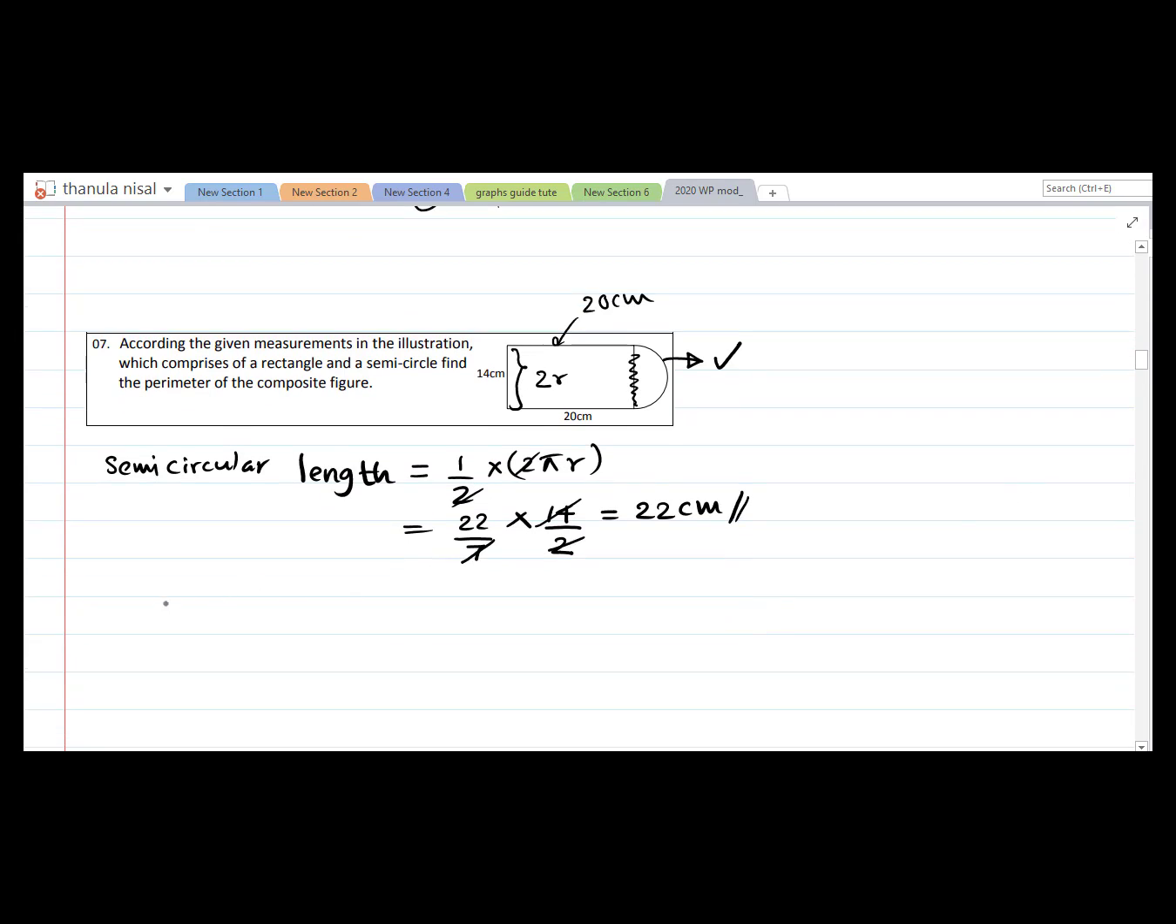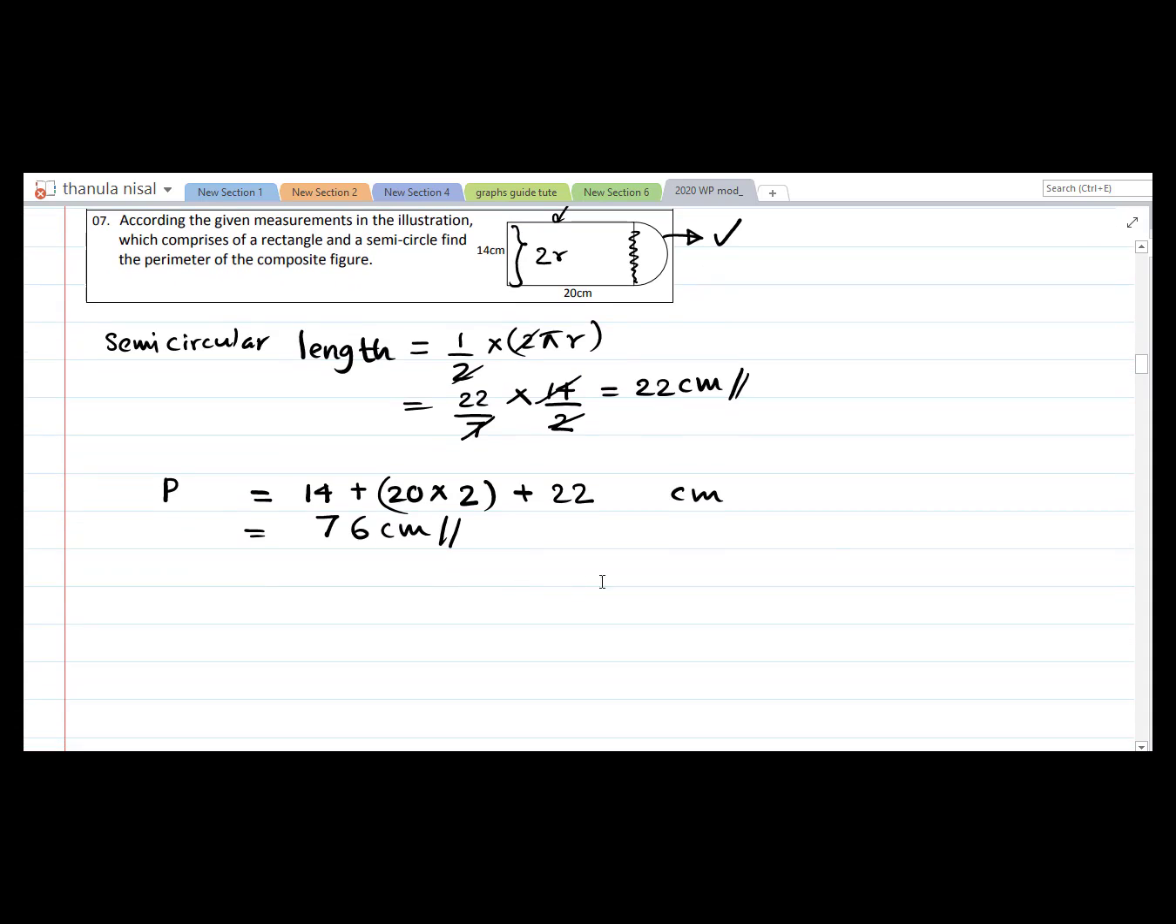Let's find out the perimeter. Perimeter equals 14 plus there are two lengths of 20 plus 22. Okay, just add all of these. This is 40, 40 plus 22, 62, 62 plus 14, 76. Make sure to write the correct units. Okay,